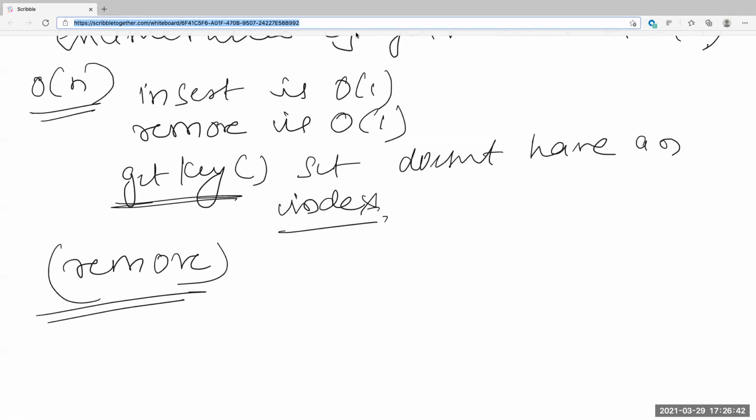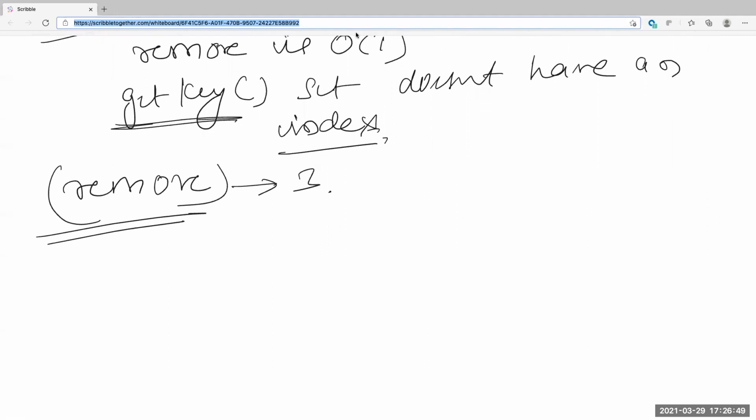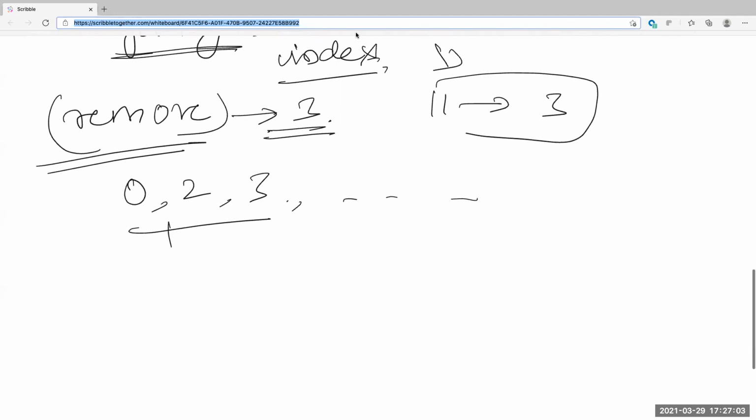And how will you implement remove then? Let's say you remove 3, and it was at index 1. Now you have 0, 2, 3. These will be your indexes, right? So if you do a random, you'll get a random at 1, and you didn't get 1. So the probability of getting each is not the same. So you have to maintain two maps. You can assume what you're inserting into the hash map are consecutive numbers.